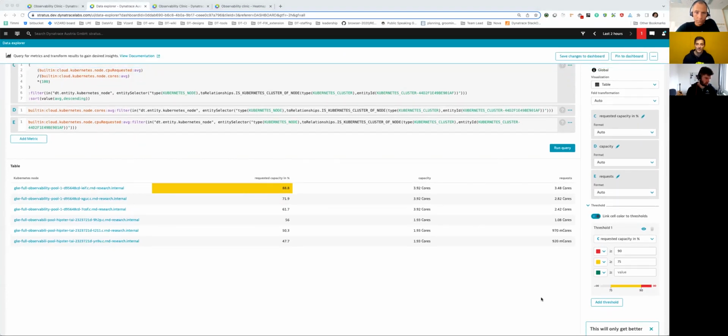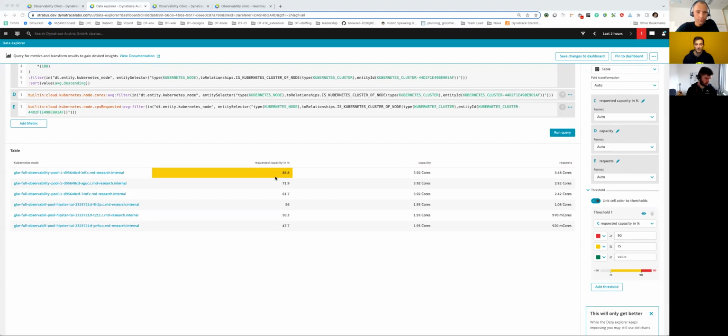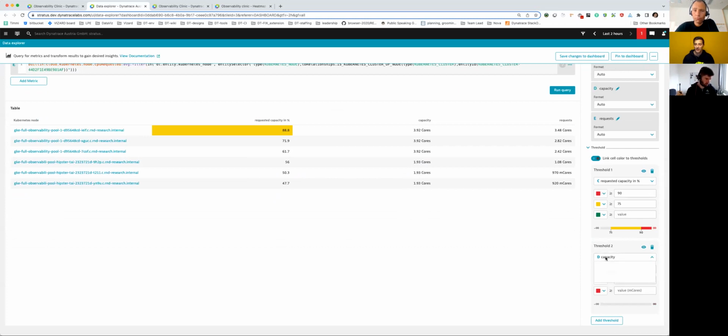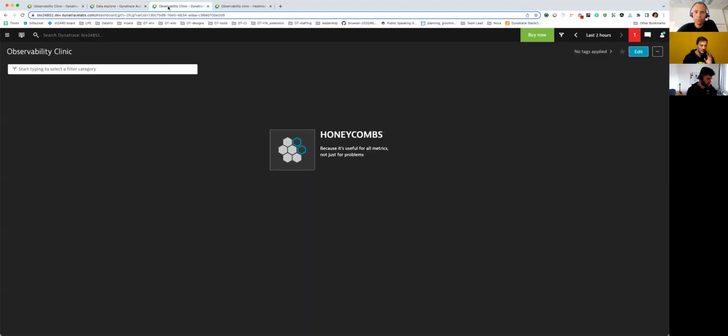And another feature we added here into tables, apart from having this background cell color, is the option to add more thresholds. So we can have one threshold per column. Imagine I want to highlight requests over 3 cores. So if I put 3,000 millicores, I want to put that in red. I have here as well the background color. So this is okay regarding single values and tables, but we have done more things, more visualizations to help you